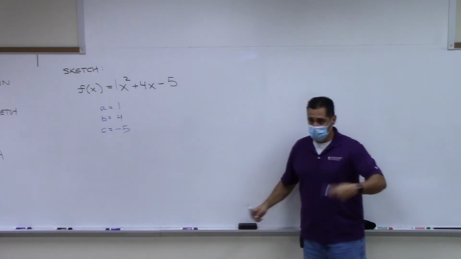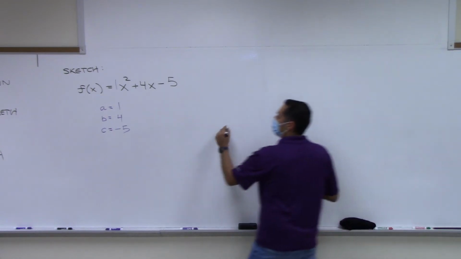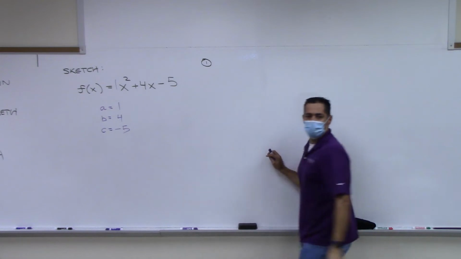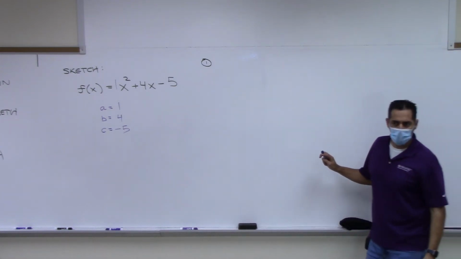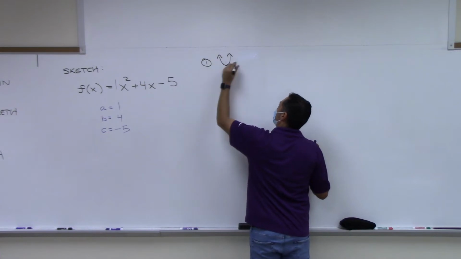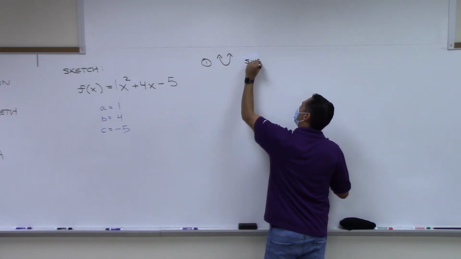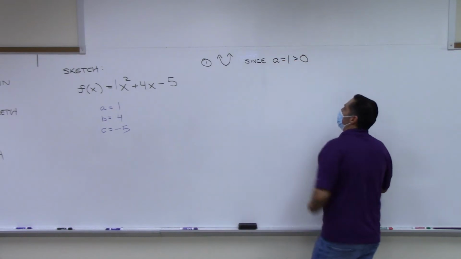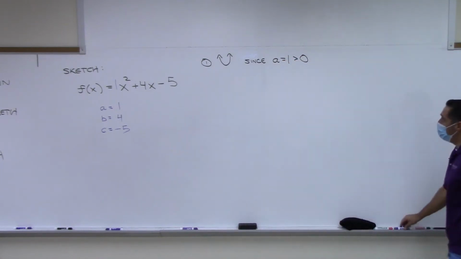All right, now we go through the process. First step. Does it open up or down? Up, right? This opens up. So I'm just going to draw like that. And I'm going to put here since a equals 1, which is a positive number, right? It's greater than 0. So I know it opens up,